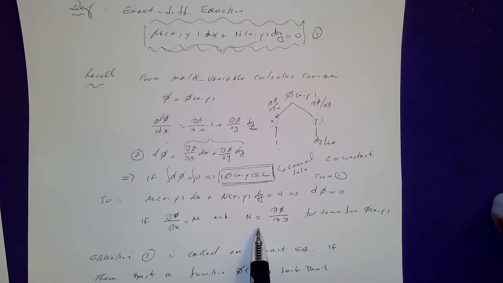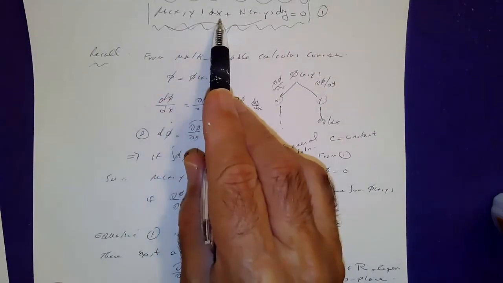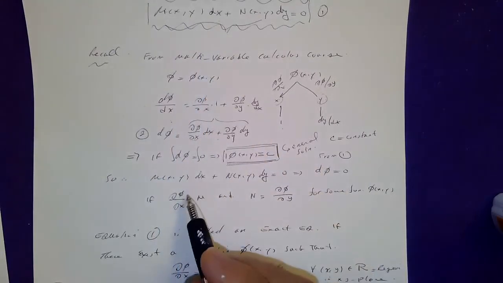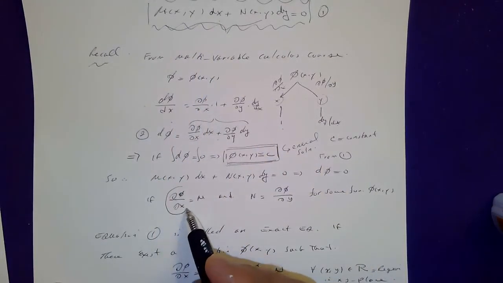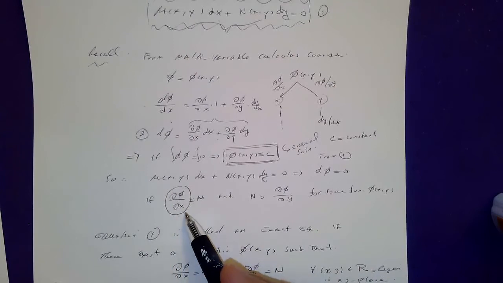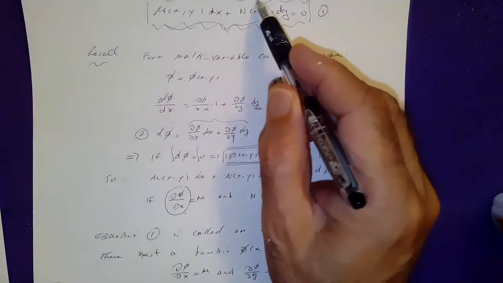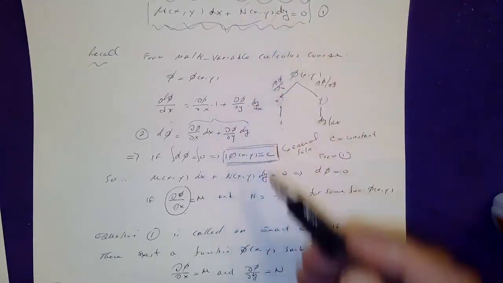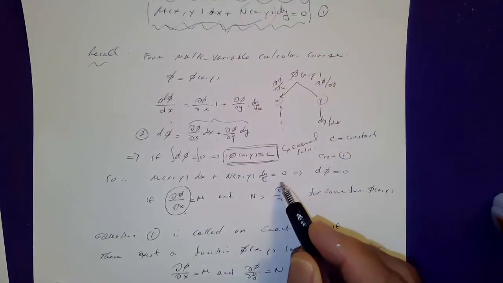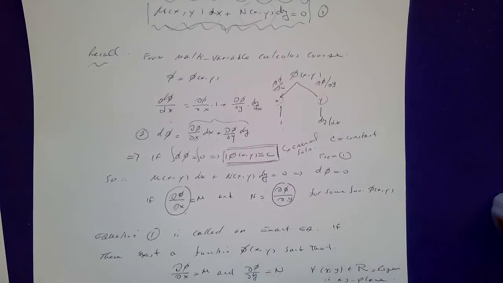So M, the function multiplied by dx, is always the partial derivative of the solution you're trying to get your hands on with respect to x. And N, the function attached to dy, is always the partial derivative of the solution you're trying to find